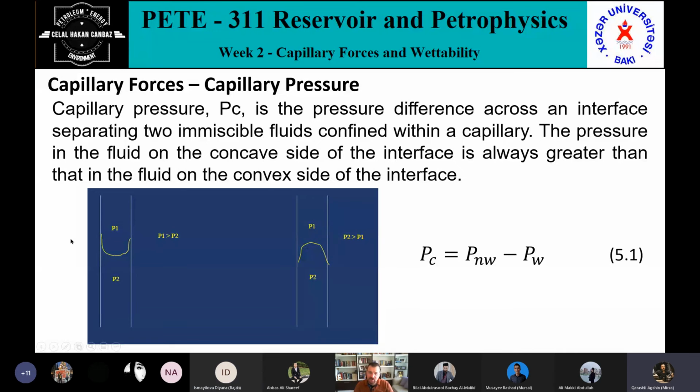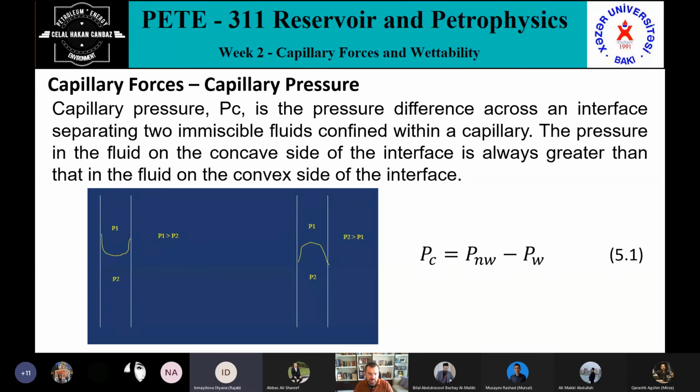Who is speaking? Tell your name and answer the question. I think P1 is the non-wetting phase in the first picture. Okay, first of all, guys, let me repeat this: do not talk before telling your name. First tell your name, please, because I want to know each other. So please tell your name first and give your answer. I cannot see you now, so tell your name and give your answer. Which one is the non-wetting phase for the first one?